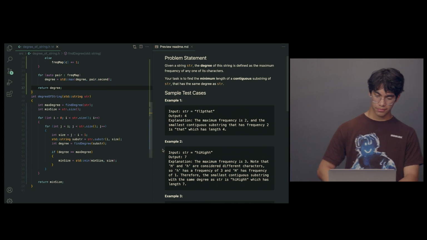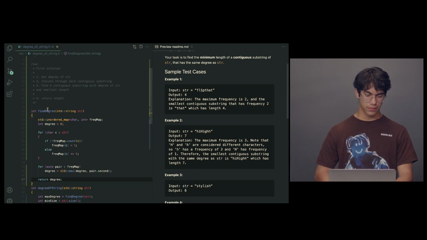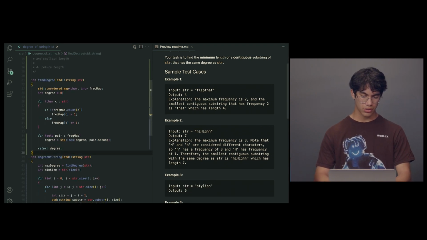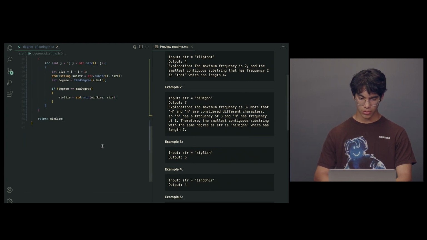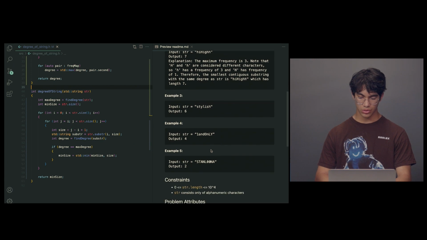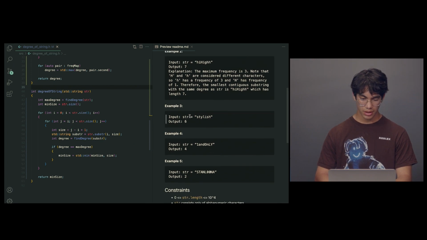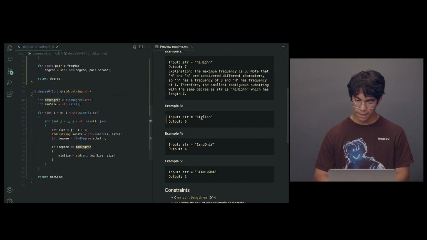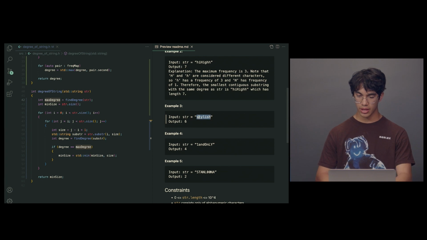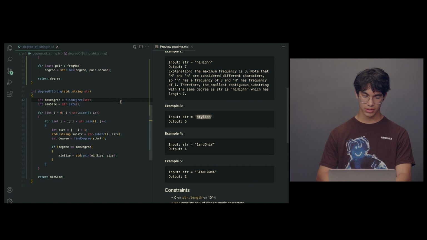So that's really the find degree function, and that's all I think we had to do for this function now. So before we submit it, let's just do one more example and really make sure that our algorithm is working. So we're going to do this max degree function on stylish, and it's going to return 2 because the letter s appears twice. And then we're just going to initialize the minimum size to just be the size of the